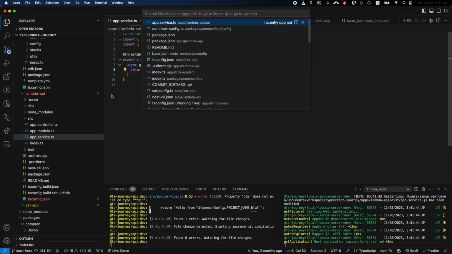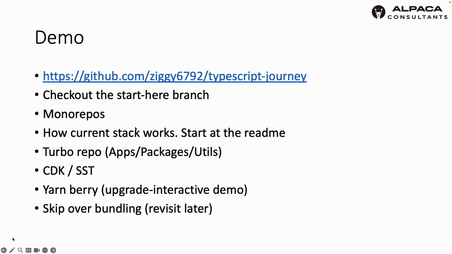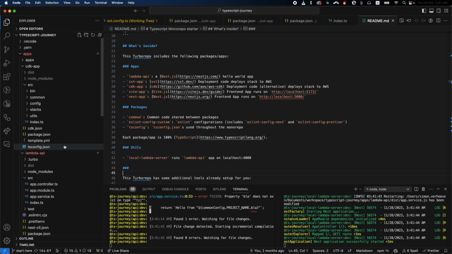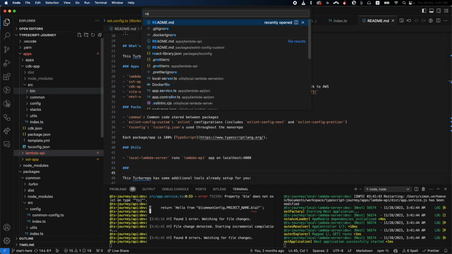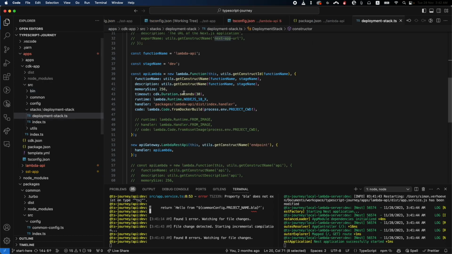So yeah, what else to mention? Starting from the README: Turborepo, CDK, SST. For the CDK, CDK is just another app, right? And it's actually responsible for your deployment. So we can see here,